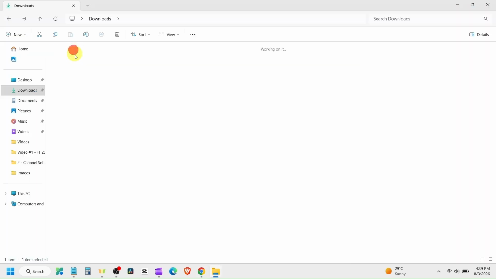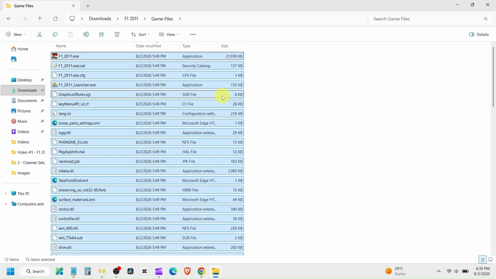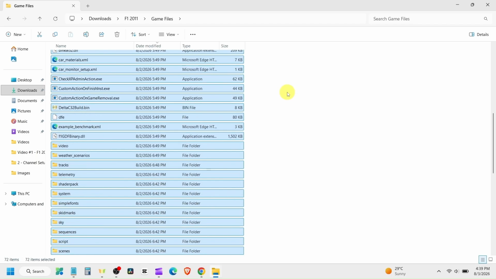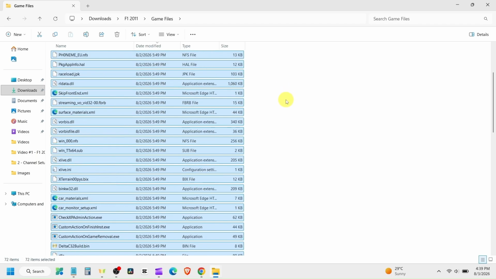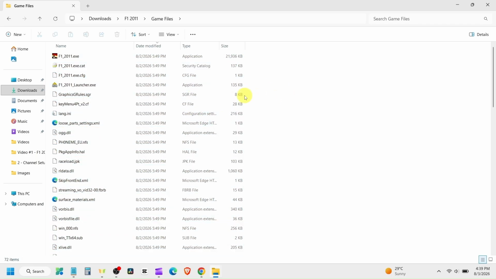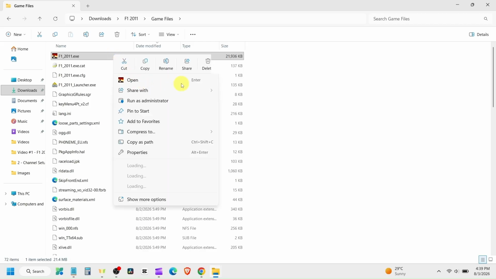So now that you have downloaded the game correctly, there's one last thing for me to explain to you: how to install and play F1 2011 on your PC. But I'm not going to bother you too much here, because this is a very easy and straightforward thing to do. This is because you don't need to install the game at all. The downloaded files come with a pre-installed game already. To play the game, you just need to double-click